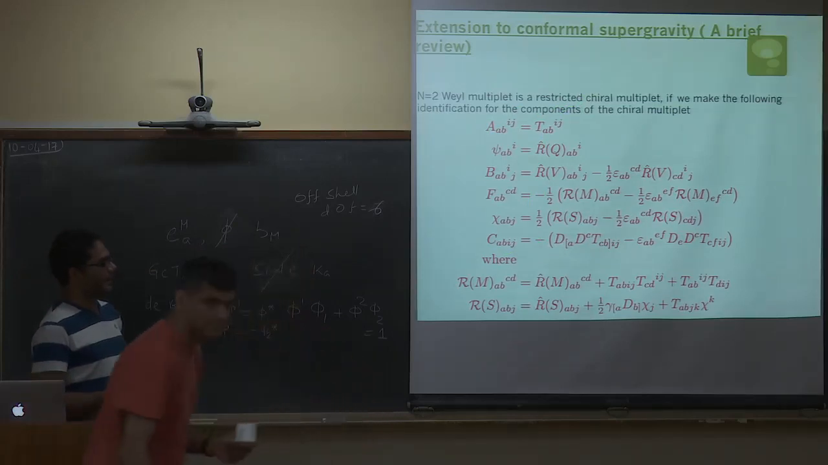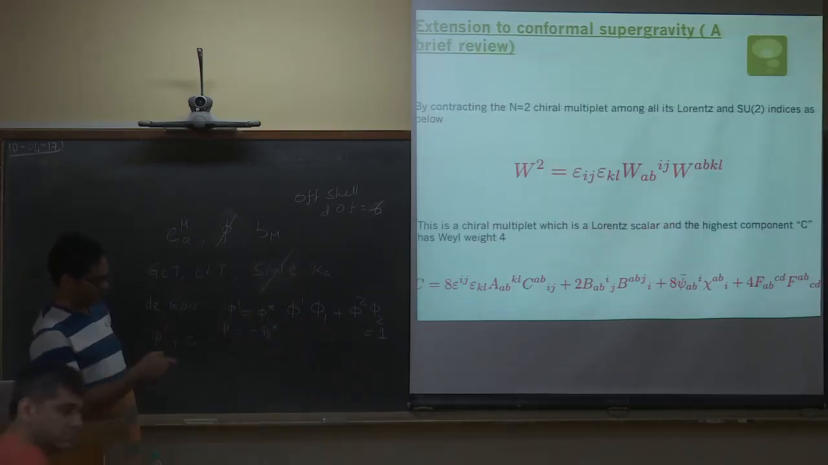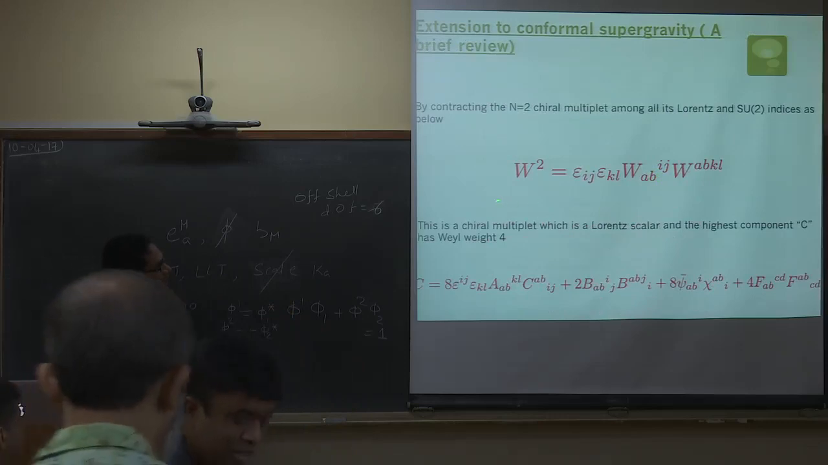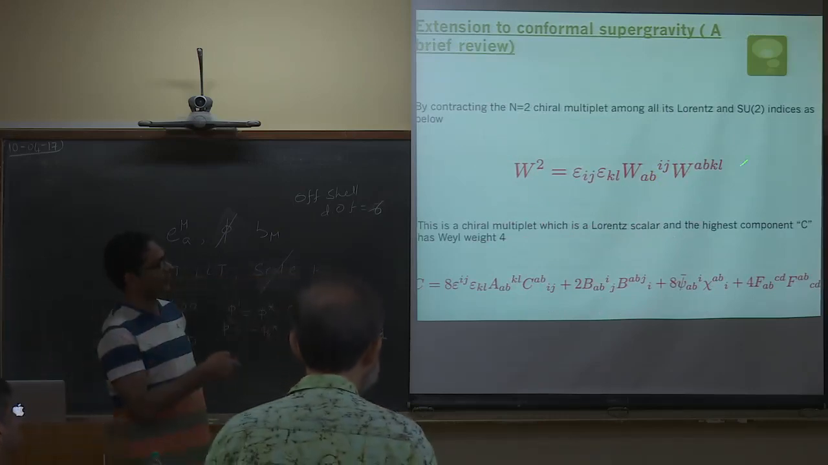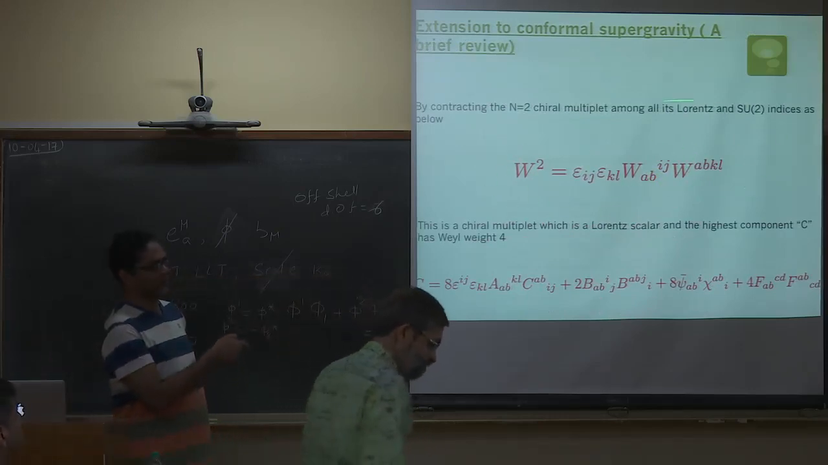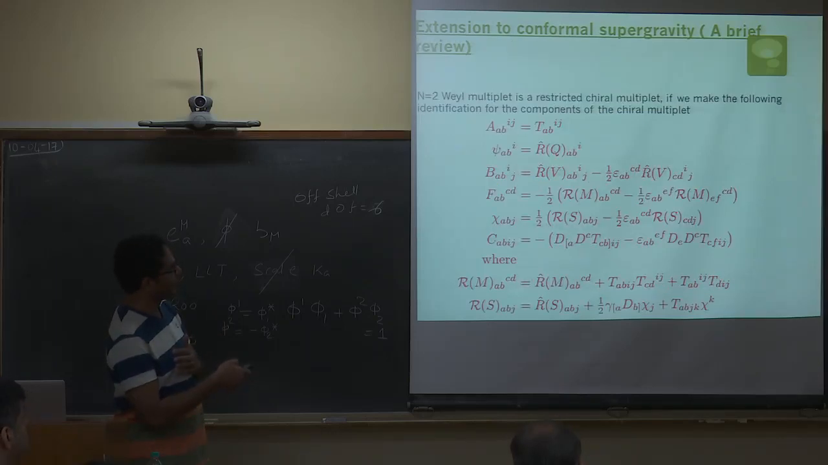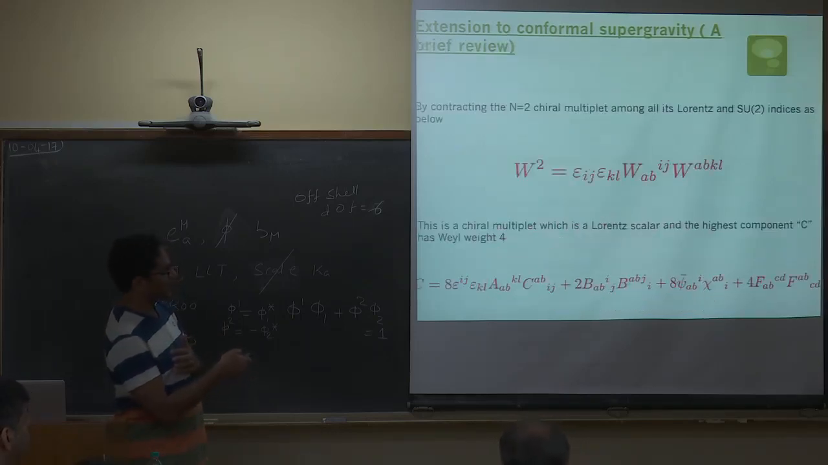And so they form a chiral superfield, which is this W_ABIJ, and you can contract the SU(2) and the Lorentz indices and write down another chiral multiplet called W squared. Since W_ABIJ was a chiral multiplet, W squared is also a chiral multiplet, whose highest component C is given in terms of this, basically we just have T_AB, so F,